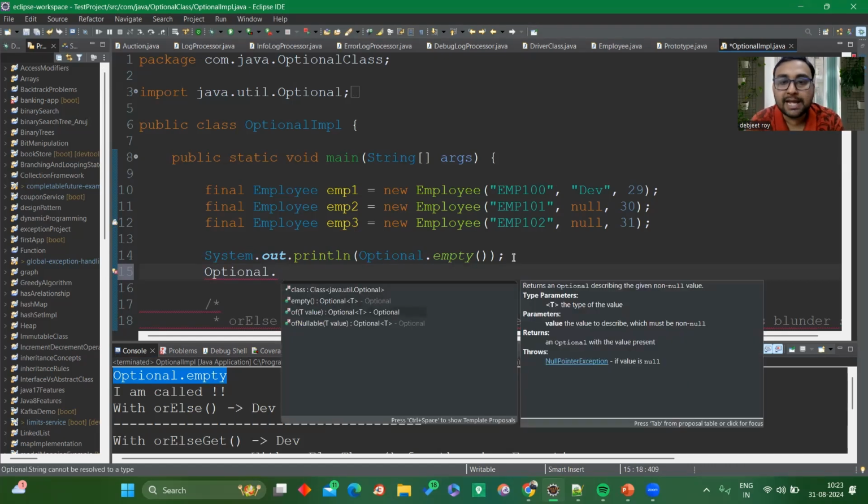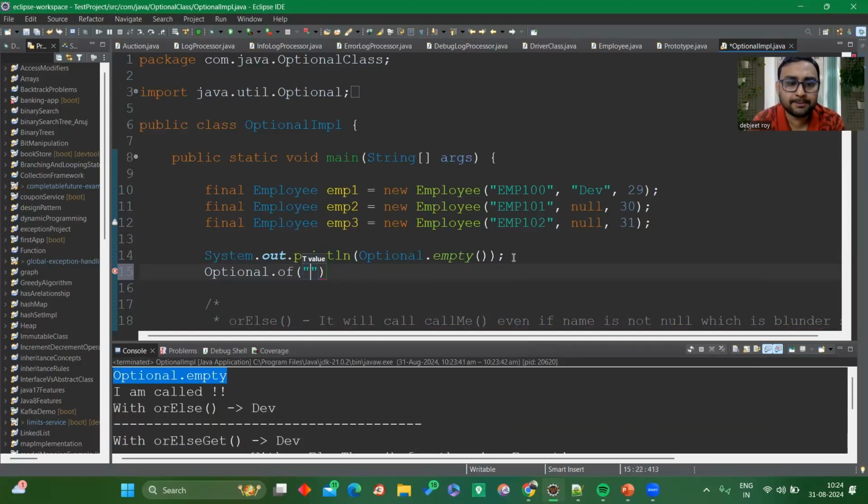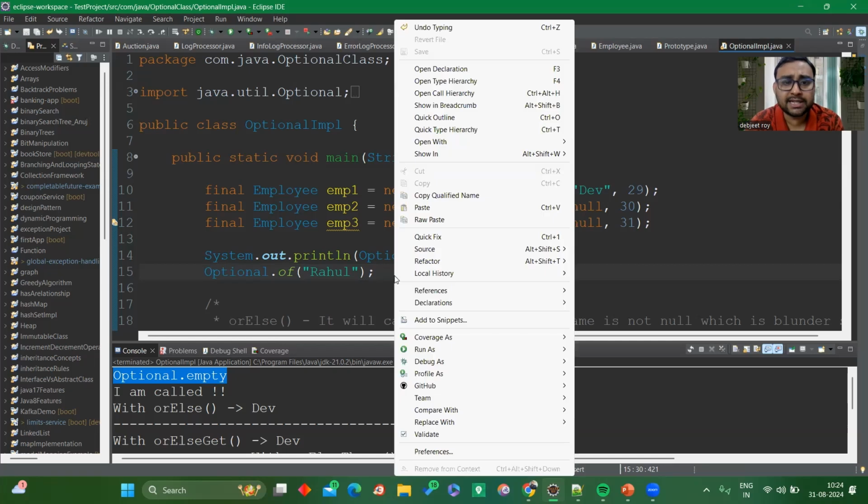Optional.of. So here what will happen? We have to pass the value over here, which will be null or not null. It depends. So you can pass anything, like any string value also. You can pass like Rahul. If I write like this, then it will check whether the data is null or not. So if I run it,